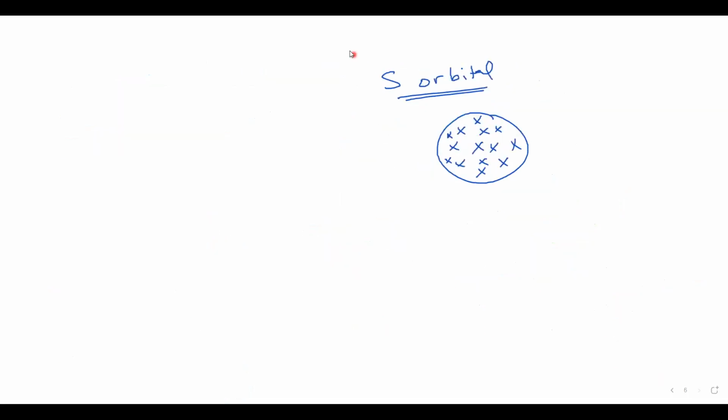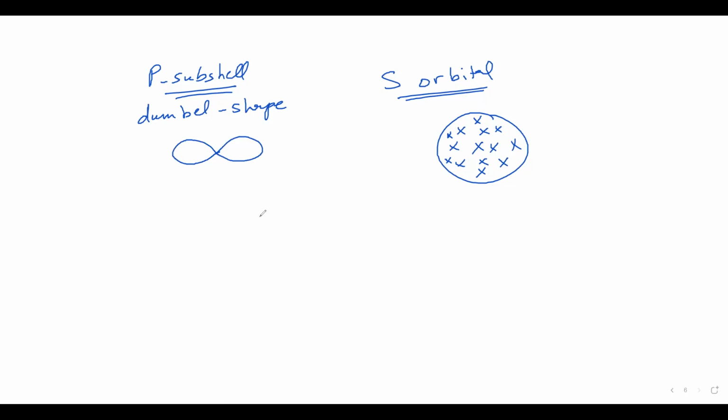Any p subshell has what we call a dumbbell shape. What do we mean by dumbbell shape? It means this shape. This is called a dumbbell shape. We have three different probabilities for the p subshell, not one probability like in the case of the s orbital being spherical in shape. No. In the case of the p subshell, we have three different probabilities. Either this dumbbell shape lies along the x-axis,